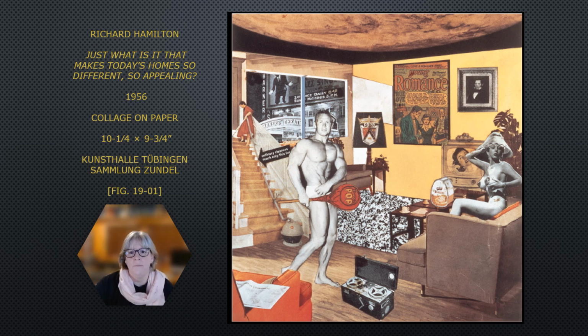Here we see a pinup girl and we also see a muscle man residing in their apartment. The muscle man is holding a Tootsie Pop, which is what helped to label the movement. There's also a can of ham and a fancy vacuum cleaner. And then on the lamp over here, we can see the Ford automobile emblem, along with other modern items of the day. And in the window, we can see a movie theater advertising The Jazz Singer.